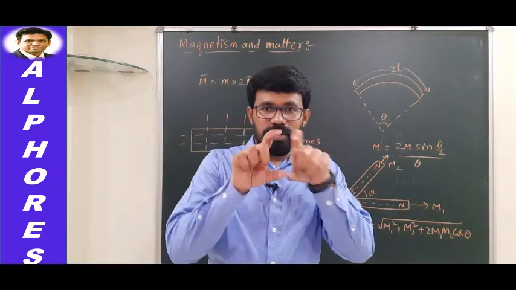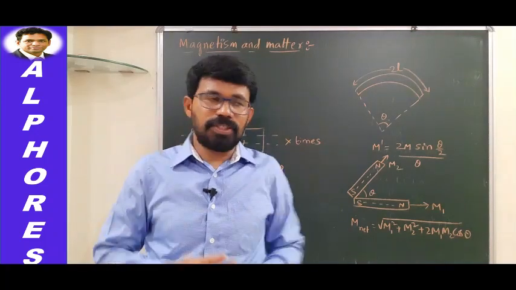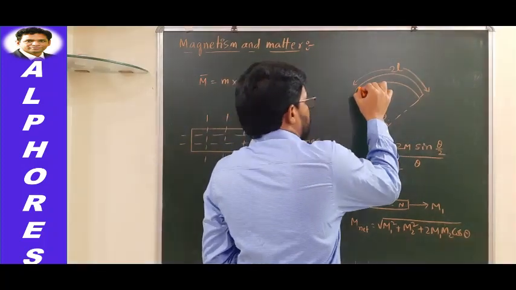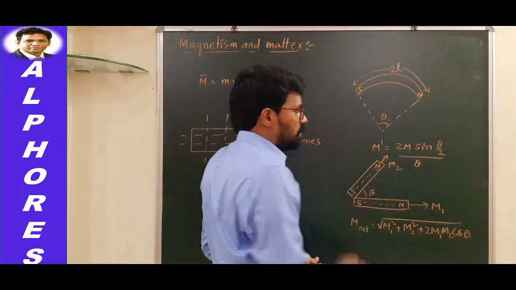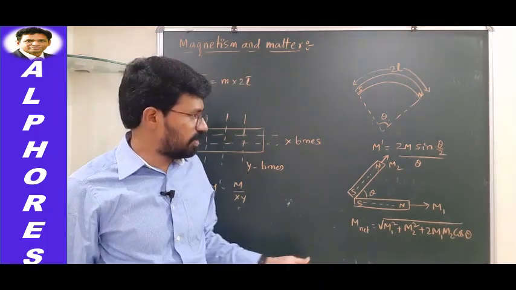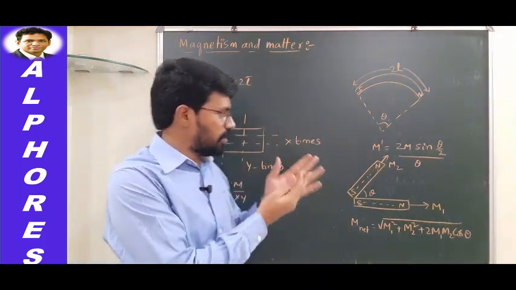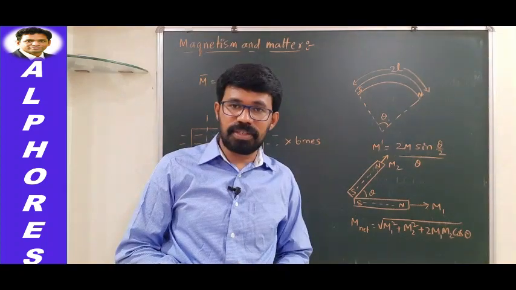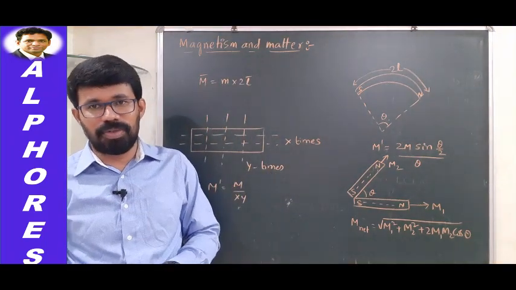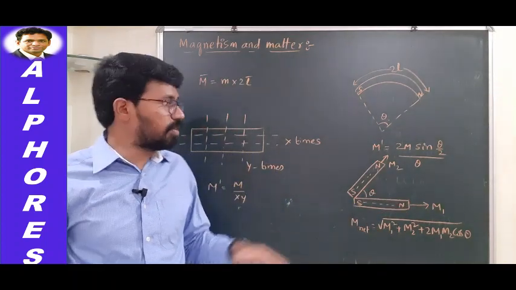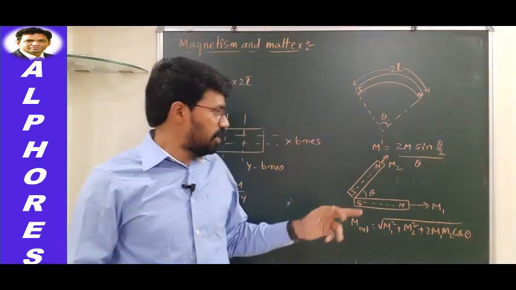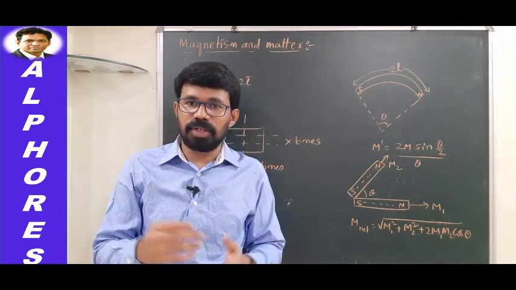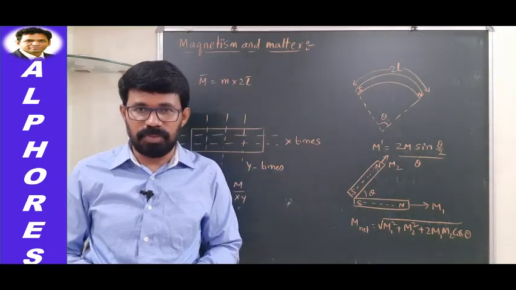And if a bar magnet whose magnetic moment is M is bent such that it makes an angle theta at the center, then the magnetic moment of the resultant magnet is M dash equal to 2M sin theta by 2 by theta. This is what we have seen. If two magnets are aligned such that the angle between their magnetic moments is theta, then the resultant magnetic moment is under root M1 square plus M2 square plus 2 M1 M2 cos theta. These are certain key points. In fact, we have discussed so many special cases connected with each of these, all possible cases. So now let us try to solve problems.